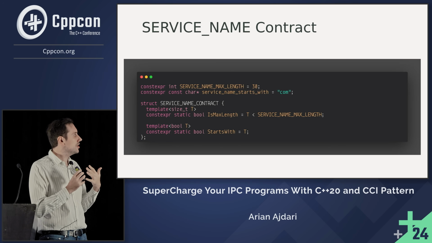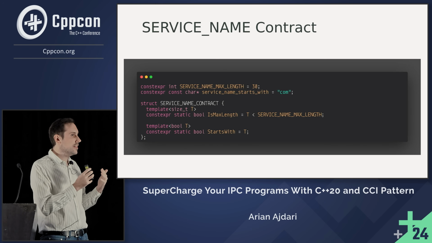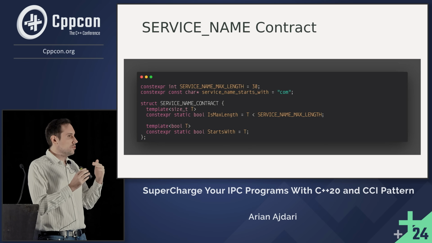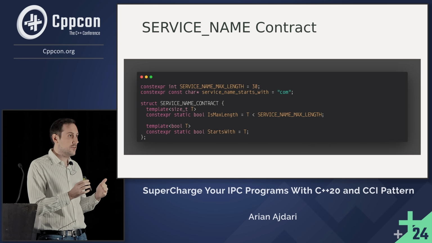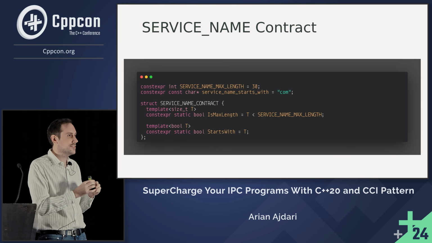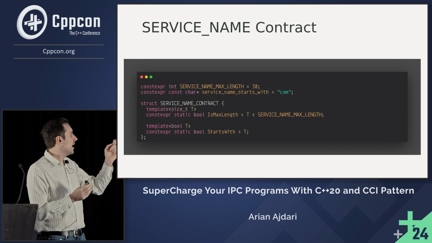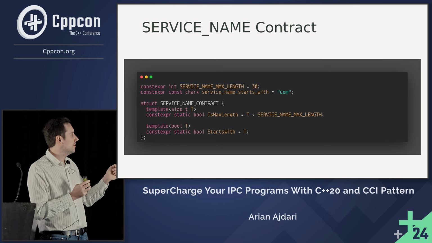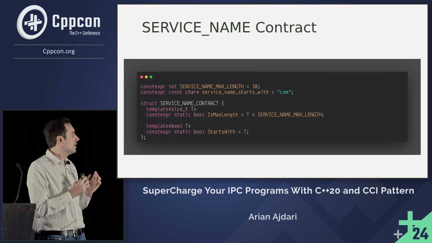So I wanted to make sure that when a programmer provides a service name, it is provided in such a way that I can eliminate runtime errors. I wanted to tell them that when they don't provide the correct service name as specified in the D-Bus specification, they are met with an error. The code does not compile, and they are spared from flashing the device and checking whether there's an error in runtime. So I created 2 global variables, made sure that the service name does not have more than 30 characters, and that the service name starts with com.